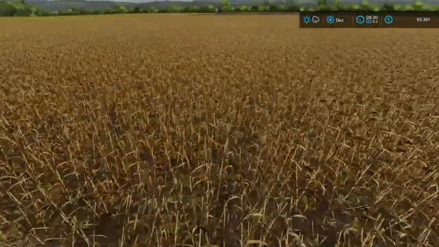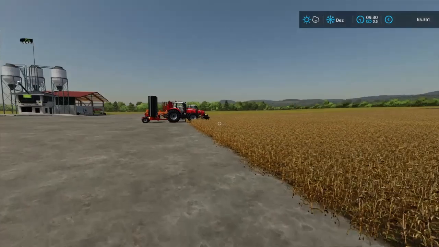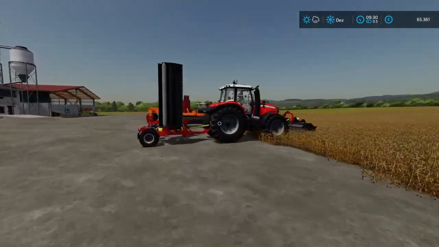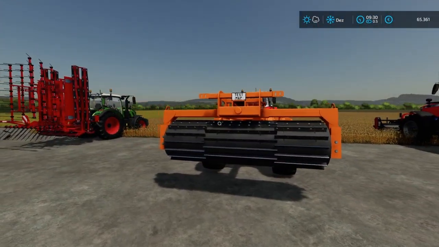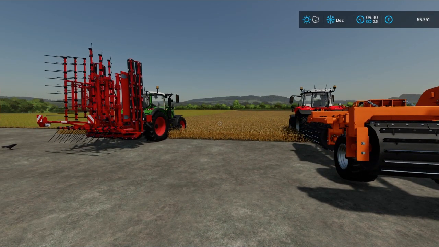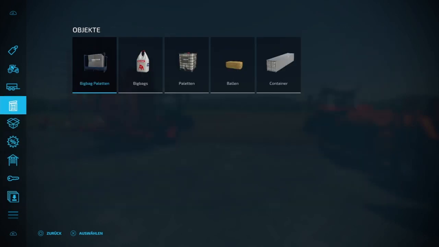We have here our nice field which is harvested. It was a sorghum field, and the first step we need to do after harvest is of course mulching. For mulching I picked some pieces of equipment, especially with regards to mulchers. I really like the Horsch DLC because they are bringing bigger stuff into the game. If we take a short look in the menu,